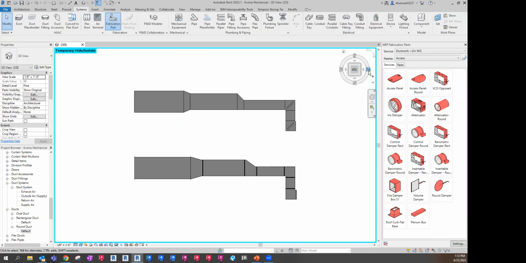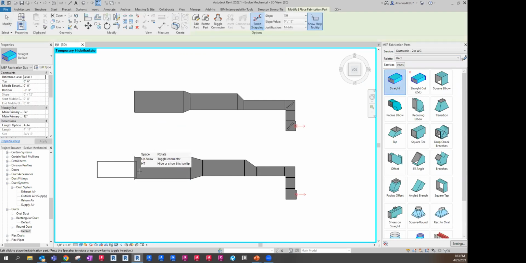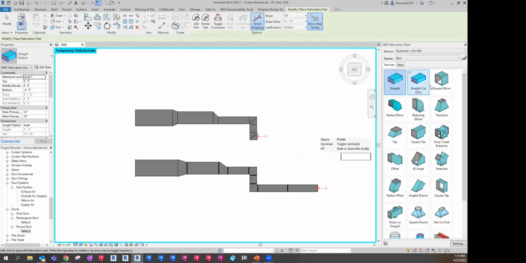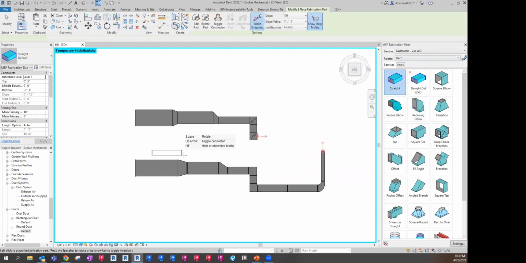And just like families, I can route and draw, but how fabrication parts work is more so like a drag and drop. So I put it straight on here. And then I want to do a reducing elbow. I can use some spaces. Another straight. If I put one out in space,